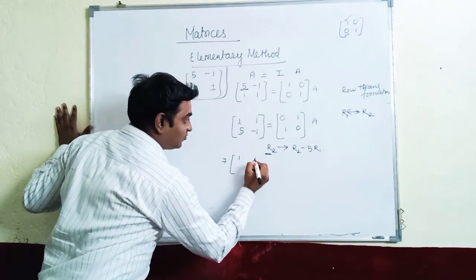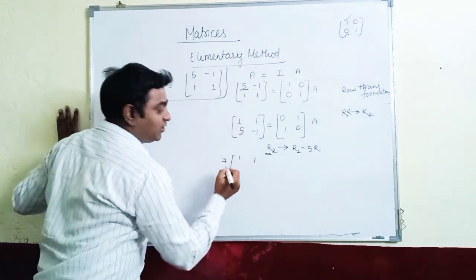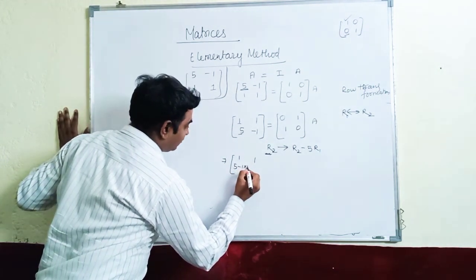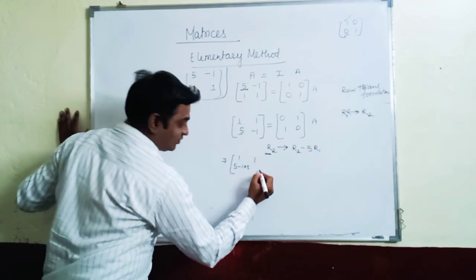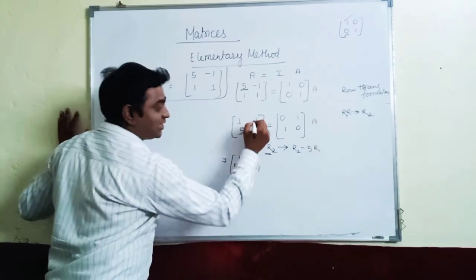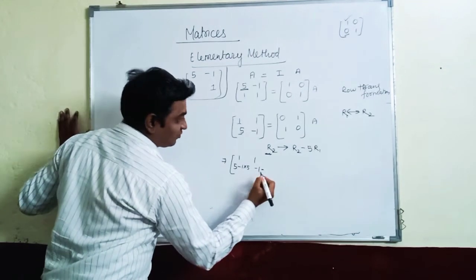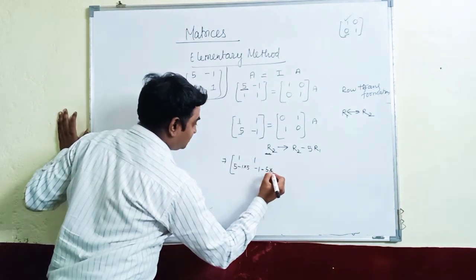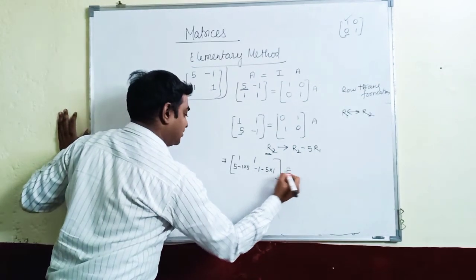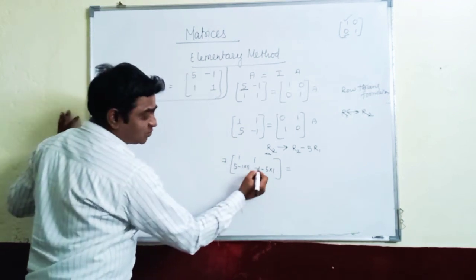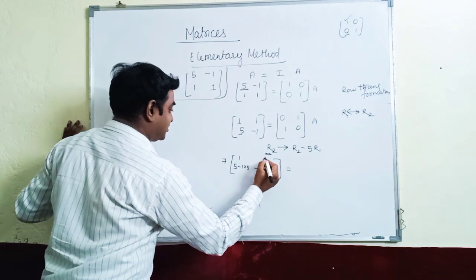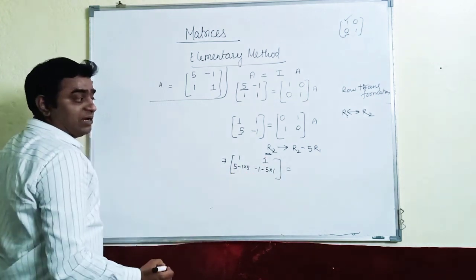You will run 1, 1, there will be no change in R1, but here 5 minus 1 into 5, got it? Same thing will happen here also, minus 1 is here, but the operation will apply here, R2 minus 5 times of R1, this place here. You understand the gap should be there, otherwise there will be a difficulty to understand. This is one group and this is one group element.